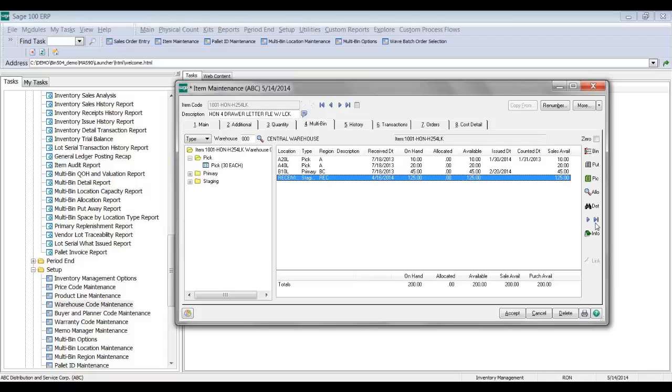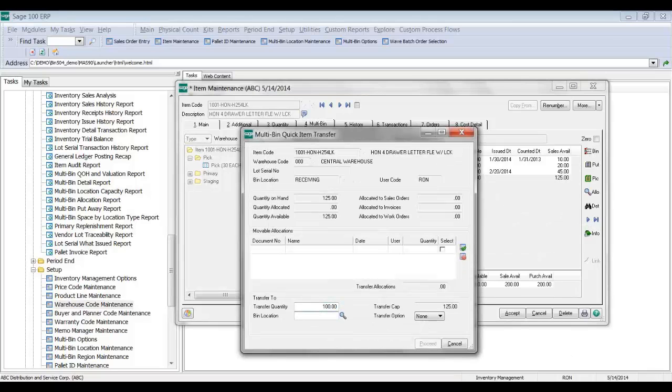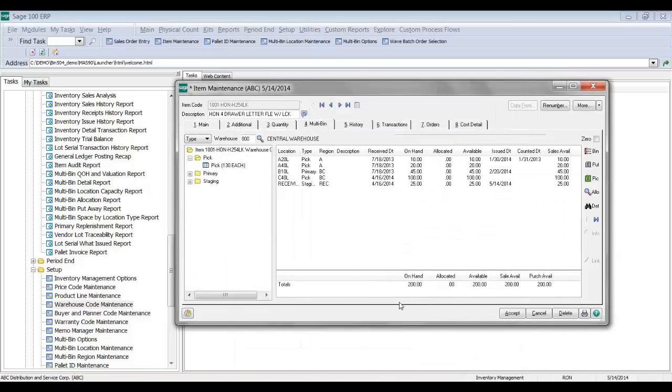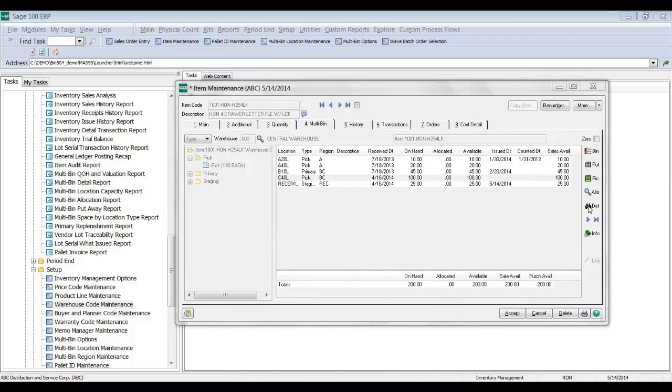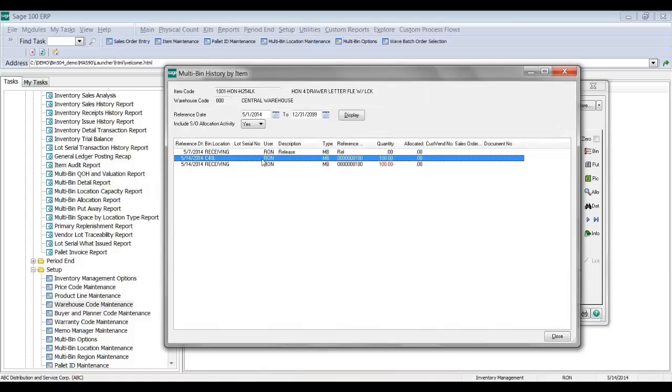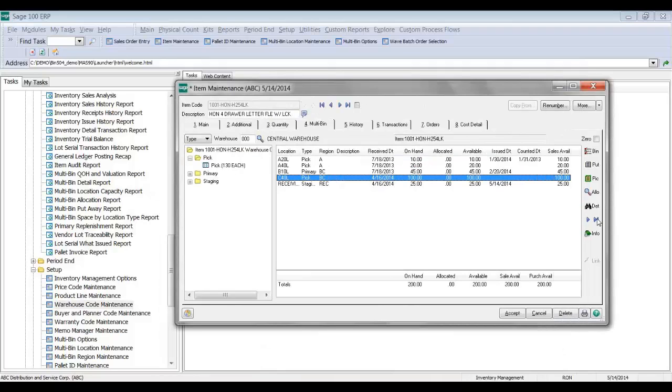So there's 2 different transfer programs. There's this one over here too. This one transfers 1 item at a time. If I click here, I'm going to transfer 100 over into location C40L. When I do the transfer, it's registering the transfer of goods into this location, and then we have an audit trail right away for that movement of goods coming out of one location and into the other location. Then we provide what we call group transfer, and this allows you to